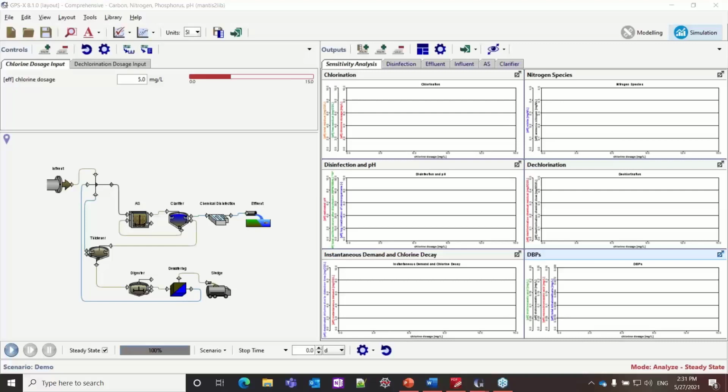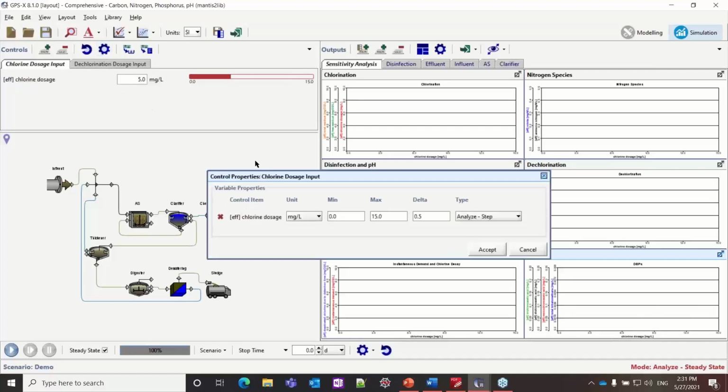Okay, so now I just wanted to do a bit of a sensitivity analysis to show you how GPSX does the sensitivity analysis, and how it's a nice way to compare chlorination doses in a pretty quick way. Here I have set up my chlorine dosage as my analyzed variable.